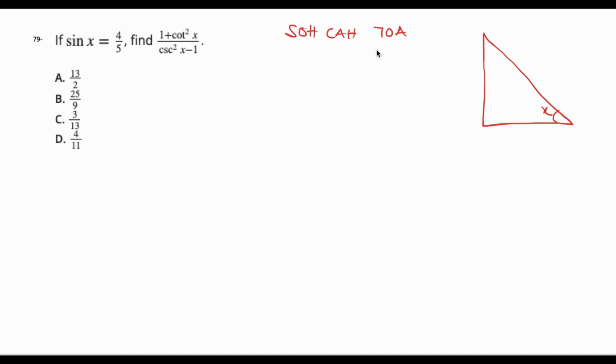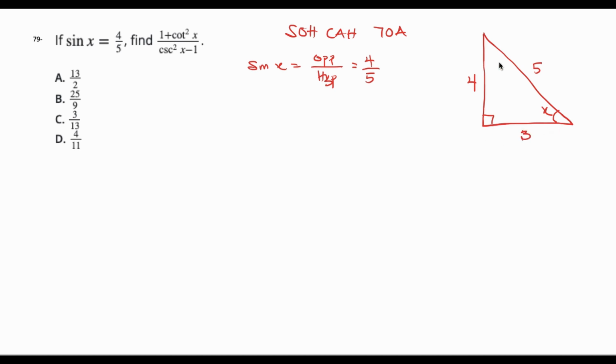Now we're told here that our sine x, which is the same as the opposite over the hypotenuse, is equal to 4 over 5. So essentially what they are telling us here is that the opposite of this imaginary triangle we have here is 4, and the hypotenuse here is 5. So since we know that this is a right angle triangle, we can use Pythagoras Theorem and find the remaining side here. And if we do that, we'll find out that this side here is going to be equal to